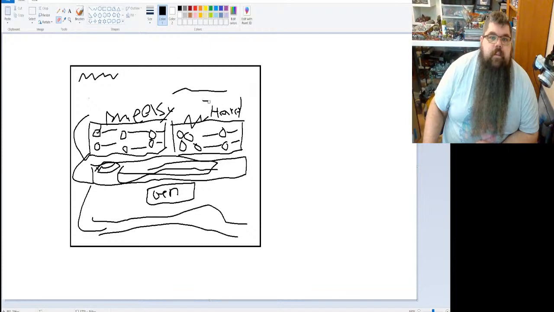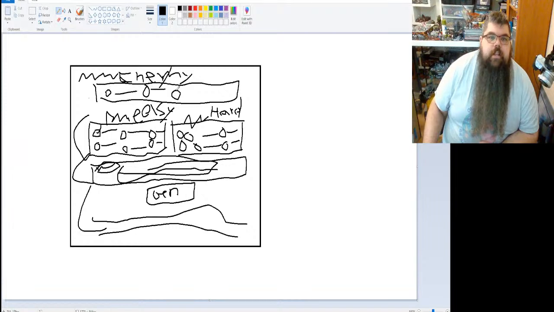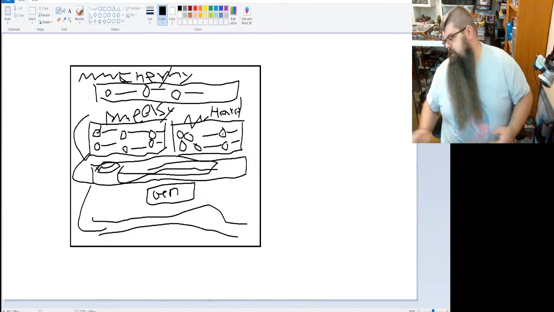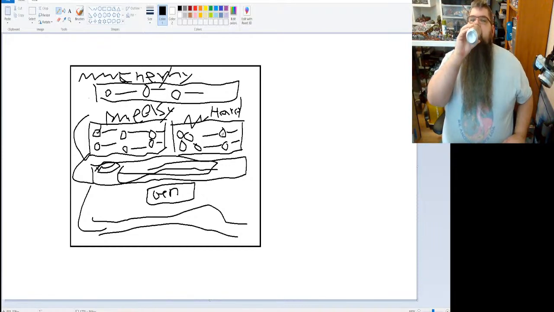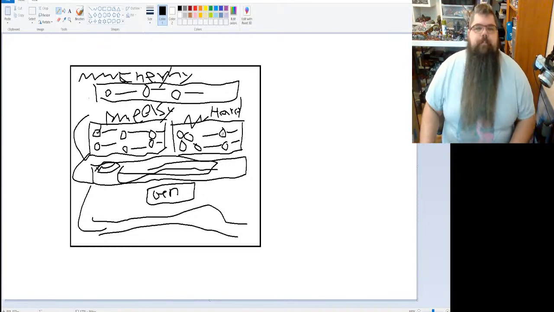Alright, so I'm going to erase this piece of text here because we're going to put another option up above this. What we're going to do is have another one of these boxes that runs the whole width, right? And it's going to be enemy type. So that way, if you are fighting Space Marines or whatever, you can check Space Marines here, or you could check Tyranids, or you could check Death Guard, right? And then these boxes for easy and hard enemies are going to populate. That's the plan.